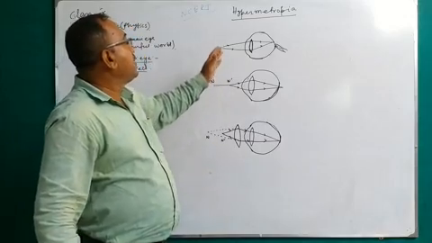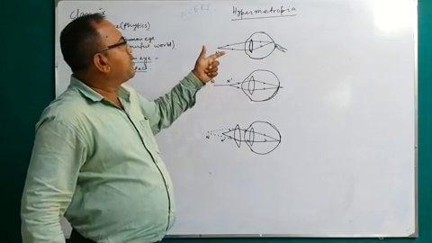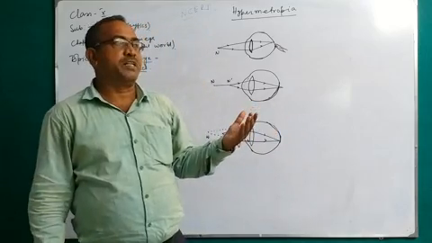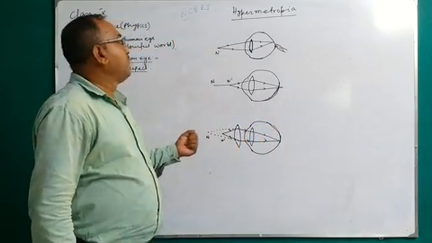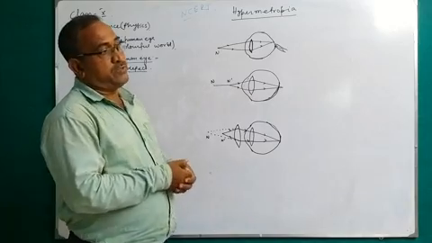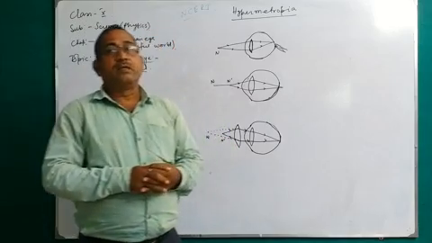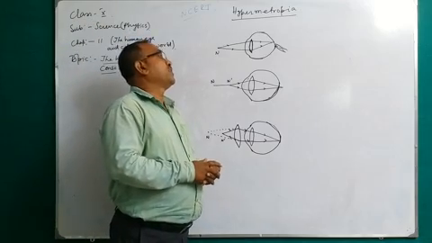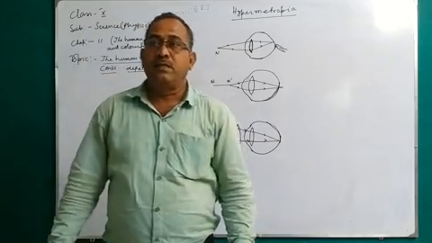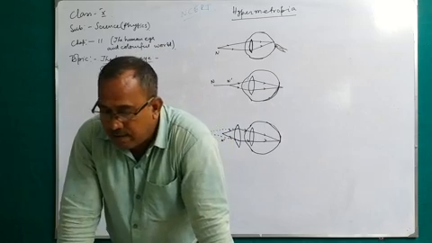So the question is this: you draw the diagram first. Second, the definition of hypermetropia, and draw the defective eye and how you will correct the hypermetropic eye. And what are its causes? You write 2 points for 2 marks, and how you will correct the hypermetropic eye. You will correct it with the help of the converging lens, that means the convex lens, and that time the problem is corrected to the normal eye.